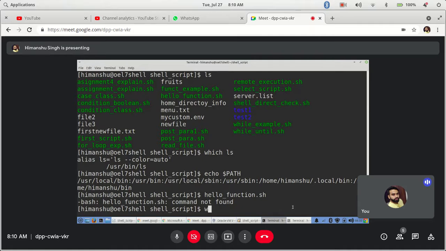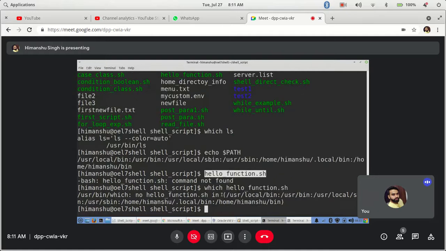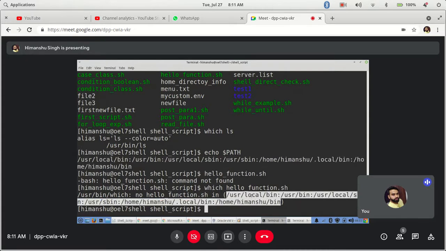That's why if I do which hello function.sh, it says not found in any of these paths. See, the same path variable, it was not able to find it.